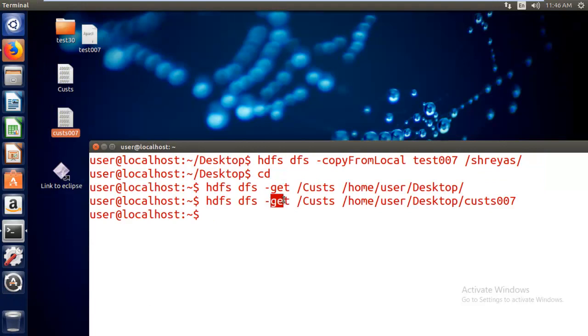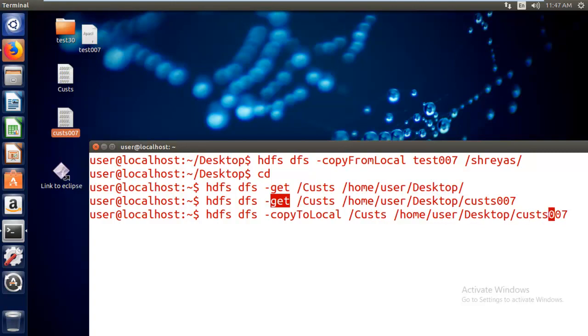Alternatively, in place of get, you can write copyToLocal. So this is also valid here. Okay, so let me write here, copyToLocal. This is also a valid thing. So this file is already there, right?